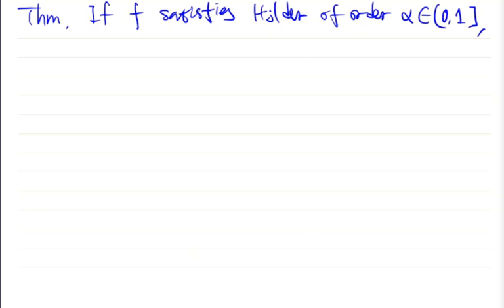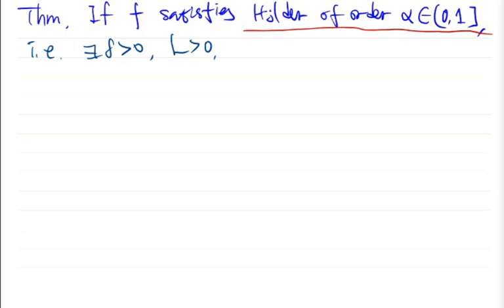What does this mean? What is the Holder condition of order alpha? That is, there exist a positive delta and a positive L such that for u in (0, delta), we have